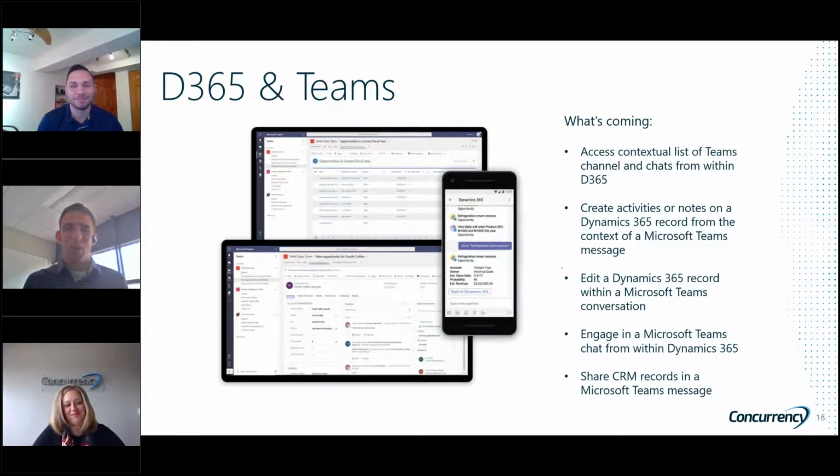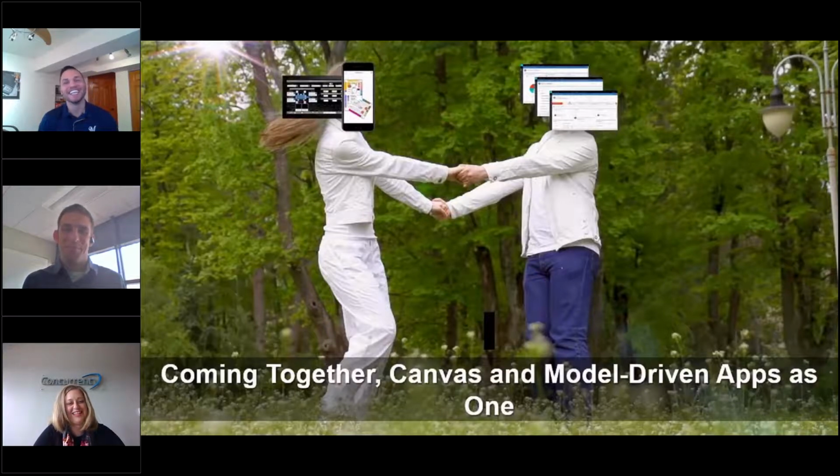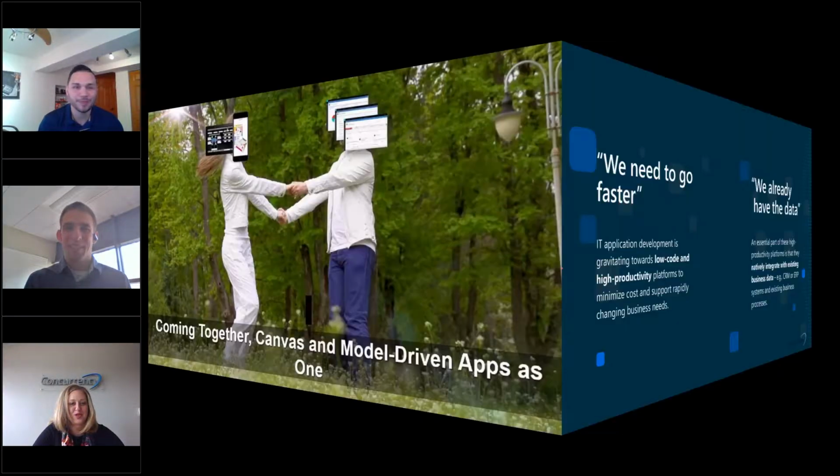Okay, so what is this? This was a fun slide that I came across where you see these two coming together, and it's really exciting. They're having a great time. On the right here it's model-driven apps, and on the left you're going to see more of the Canvas apps, and it's even using some AI in there. You see them come together, and it's more of a marriage now. It's no longer separate by any means. Even the admin centers are together now. So it's a funny image that pulls this together. Nice. Great partnership.